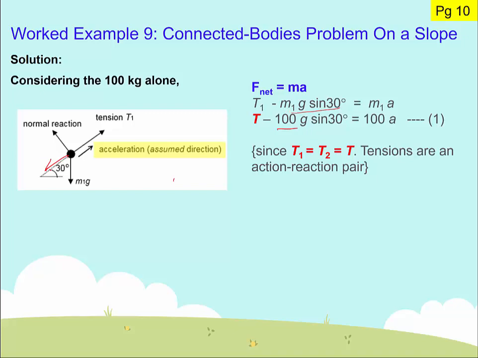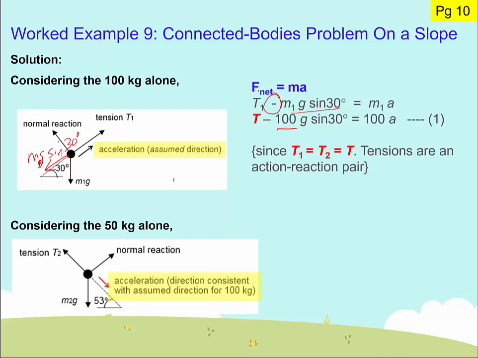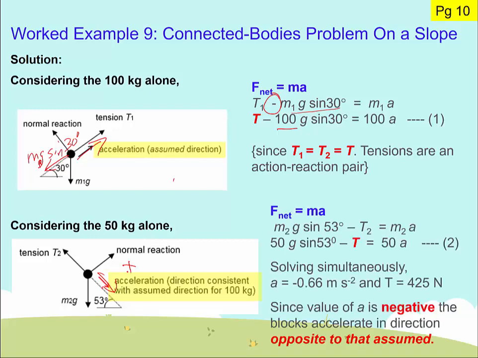This is negative because it is in the opposite direction of A. So we form one equation. Do the same for the 50 kg, right? And since A here is positive, now A must be positive this way. So I form the equation